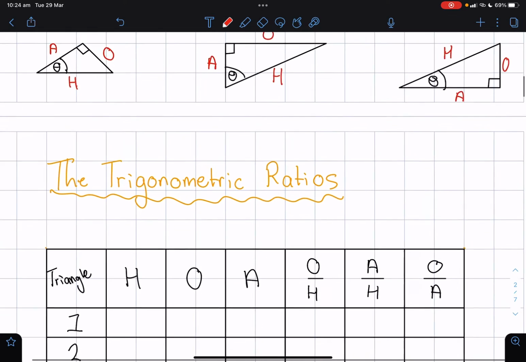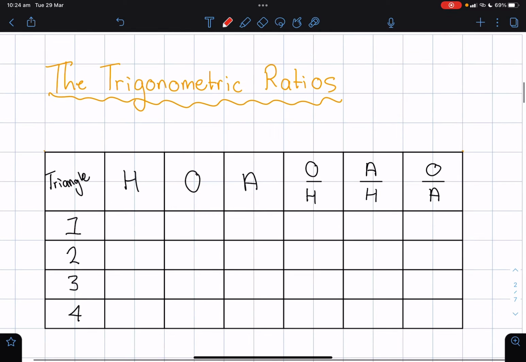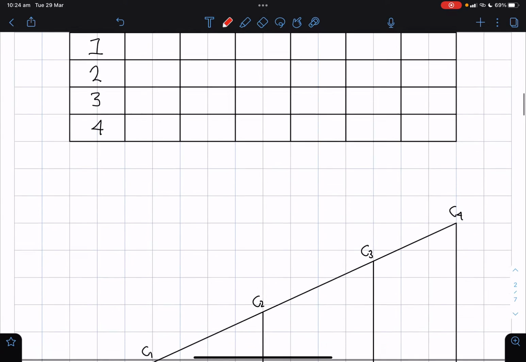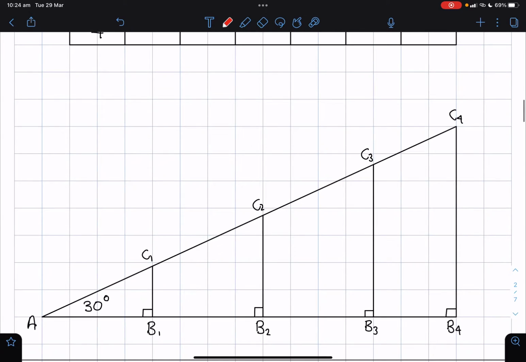All right, so what I want you guys to do, I want you guys to copy this table down, on a piece of paper, in your workbook, whatever you're working on. We're going to fill in this table. Once you have that, I also want you to copy down a triangle that looks like this, okay? So it's a big triangle and then with 3 vertical lines running through it, creating right angles at the base,